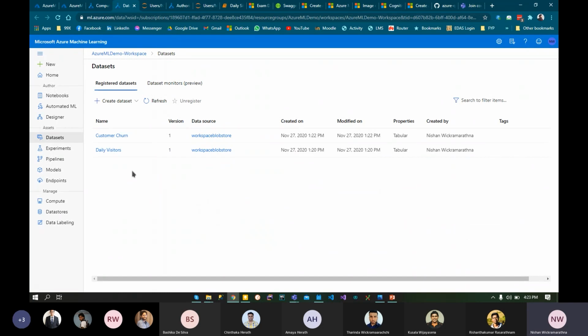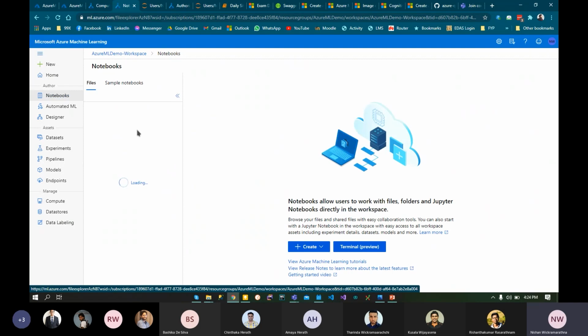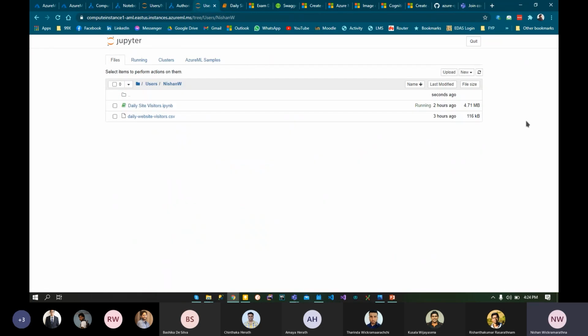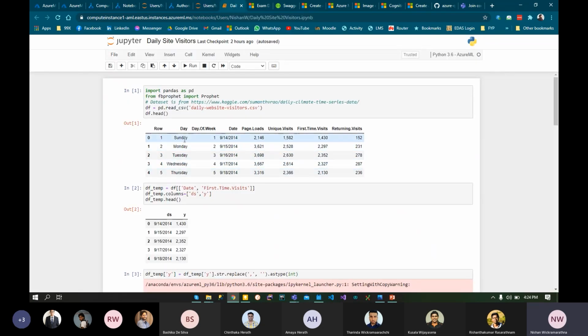Once you have uploaded a dataset, you can use it anywhere. But for notebooks, that is not the case. For notebooks, you have to upload it from here, or you have to go to the Jupyter Notebooks instance and upload it from this place. And so here, what we have done is printed the first 5 rows. You can see these visits have this comma in the middle,